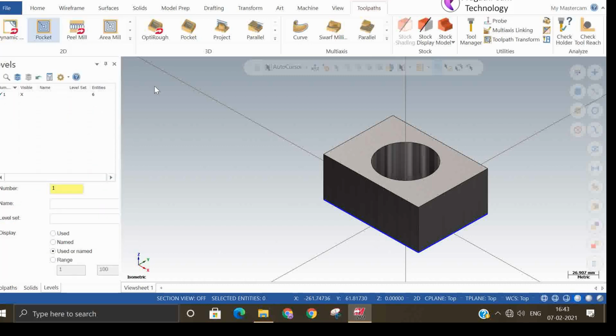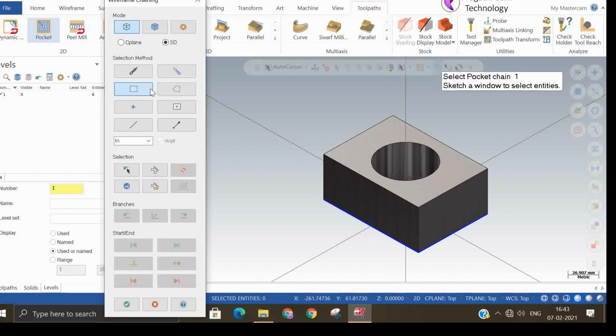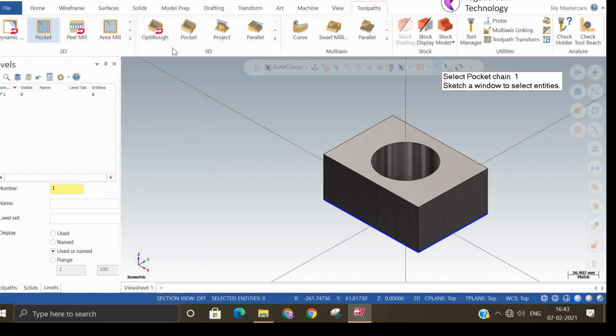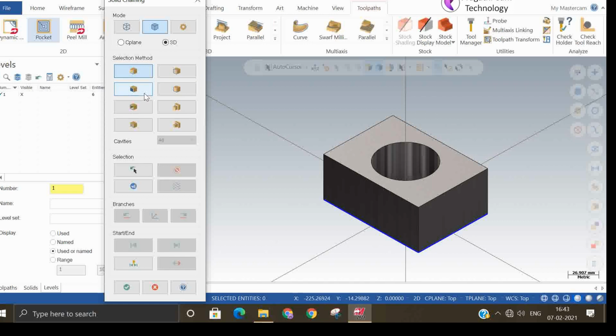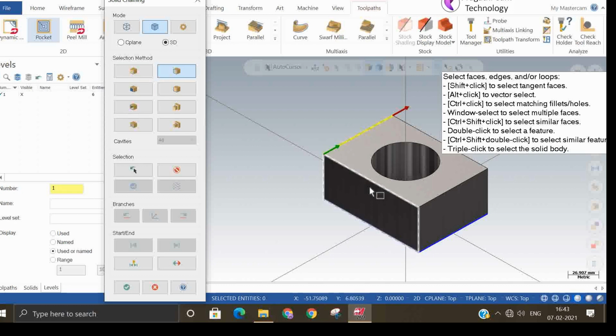You can shift to the window select, solid selection. Okay. So here also you can do edge selection. This is the loop selection, so you can select the loops. Edge selection means one edge it will hold. The loop selection means it will select the entire loop. So like this you can select the loop selection.